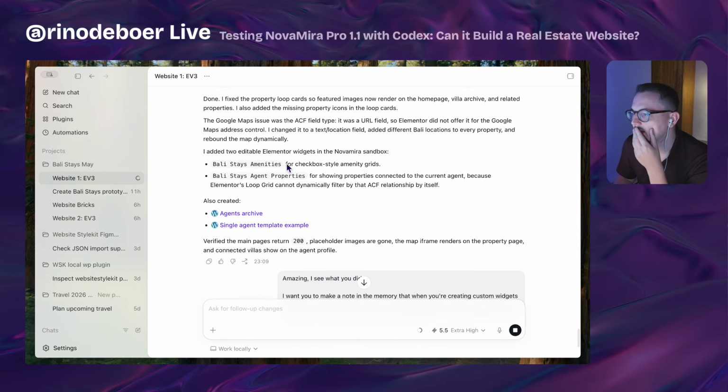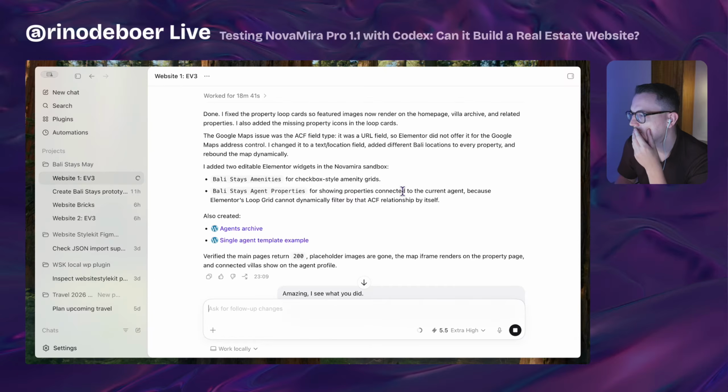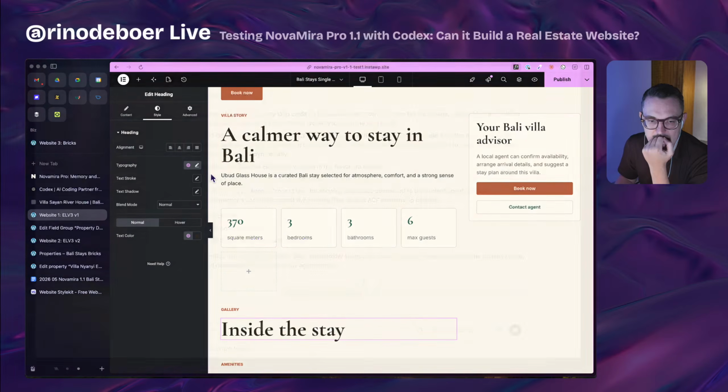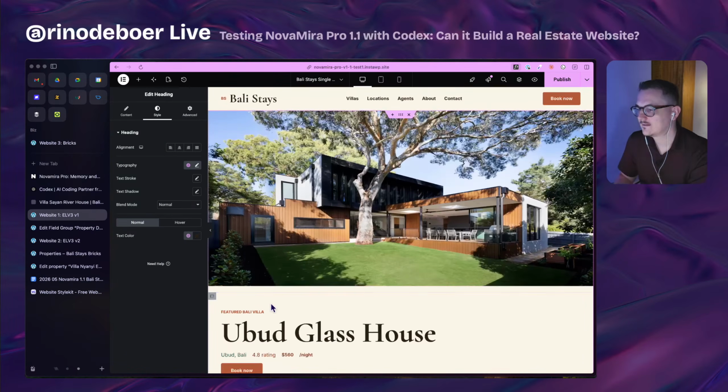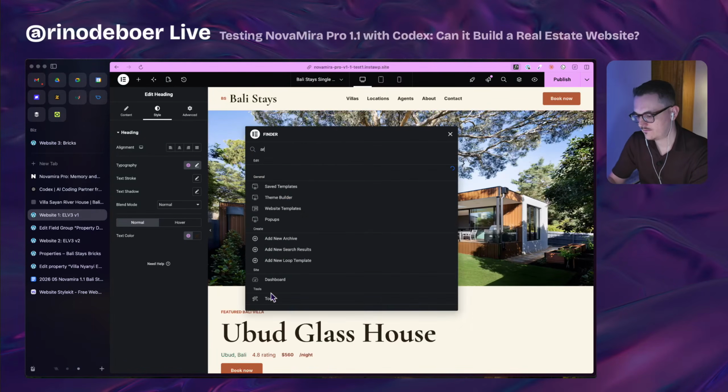What is it saying here? Bali stays agent property for showing properties connected to the current agents, because Elementor loop grid cannot dynamically filter ACF relationship by itself. So it is saying that in the archive,